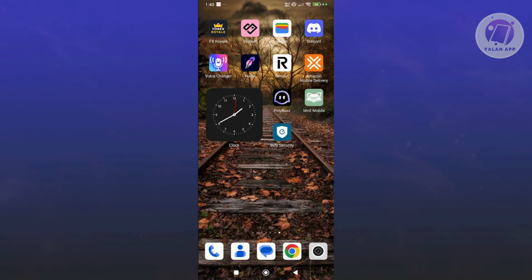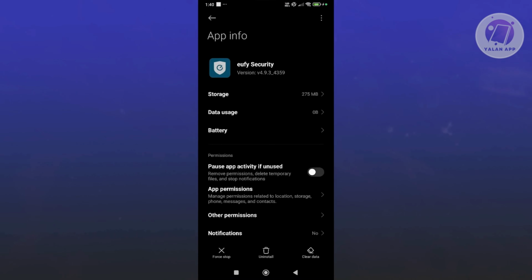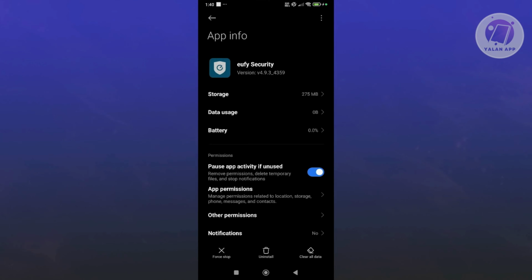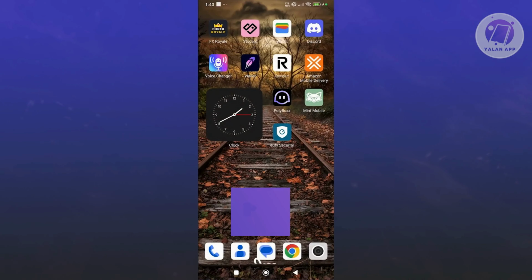Now to do that, you want to locate the Eufy Security app here, press and hold on it, click on the eye icon that you see there, and click on clear data at the bottom right of your screen. Now here, choose clear cache. Click on OK, and once you've done that, what we need to do next is we want to make sure